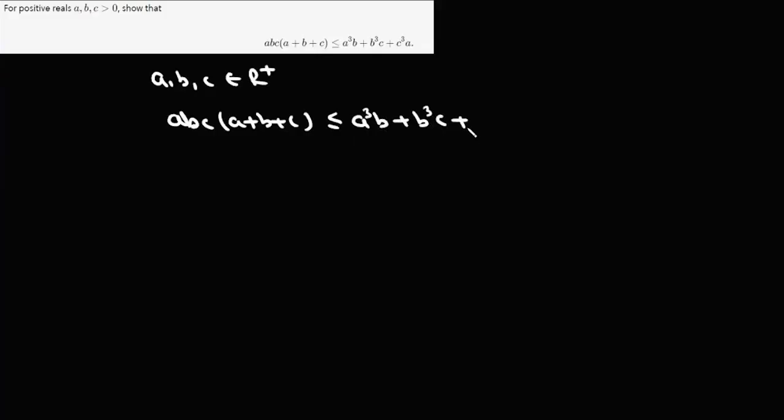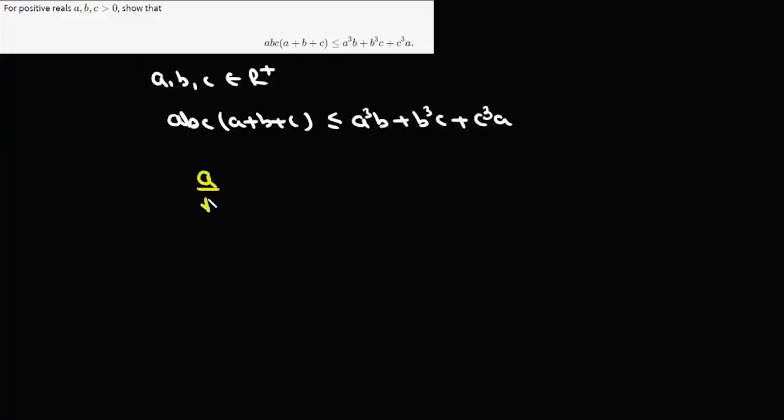Now the next question is for positive reals a, b and c. So we have 3 positive real numbers a, b and c and we have to prove that abc into (a + b + c) is less than or equal to a cube b + b cube c + c cube a. Now for this what we'll do is we'll consider 6 numbers of which first 3 numbers